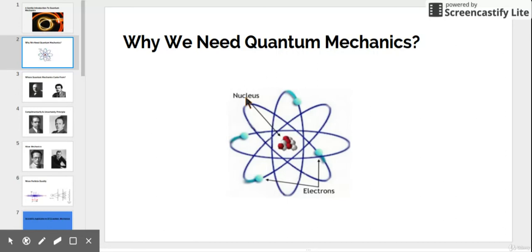So it became understood that there is something happening at the microscopic scale where the laws of Newtonian physics completely break down, and we have to look for something new. And unless that new theory makes a complete departure from Newtonian physics, we'll never be able to understand these phenomena that were being discovered at the microscopic scale.